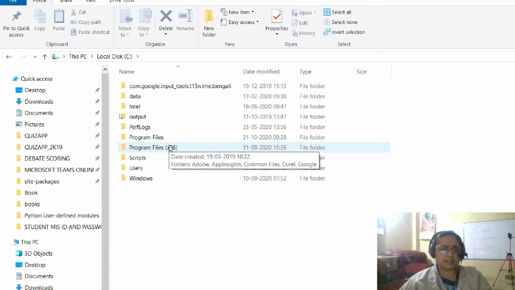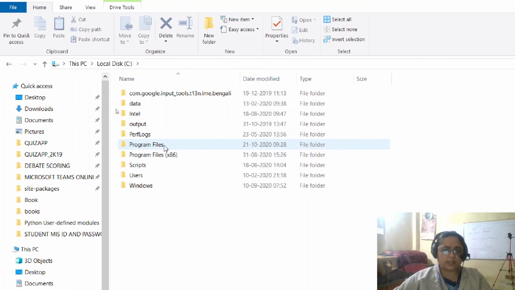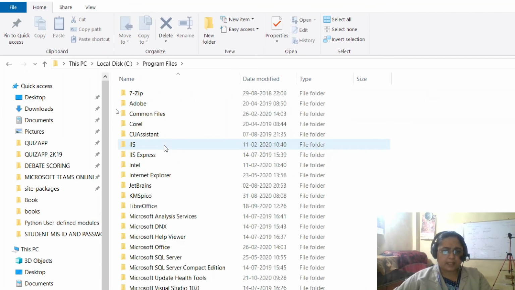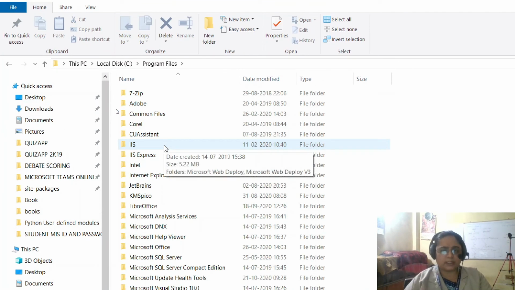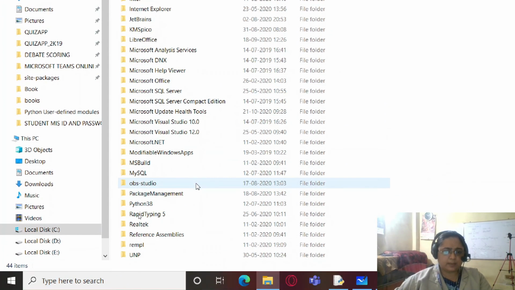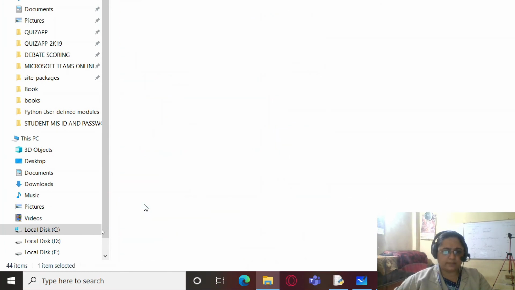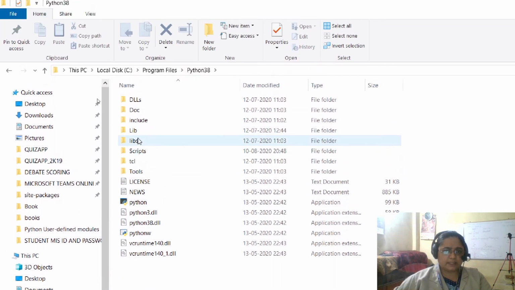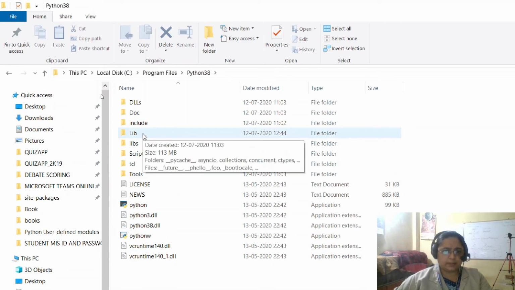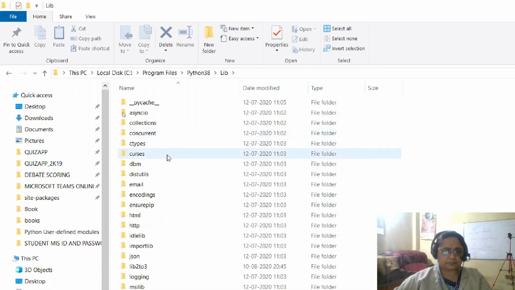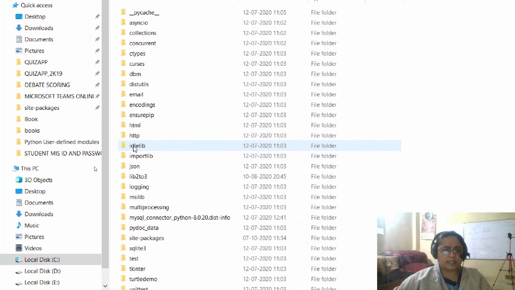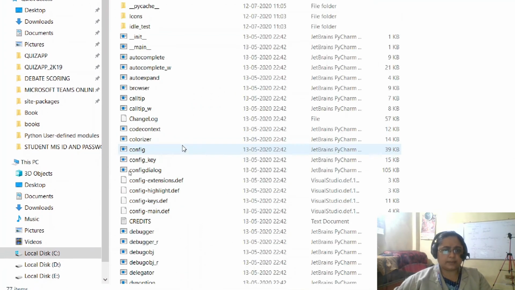Because I am using a 64-bit operating system, I'll be looking in Program Files. Even if you are using a 32-bit operating system, you will have Program Files on your computer. So here I will be looking for the Python 3.8 folder, and within this I will go to the lib folder, and this lib contains the idlelib.